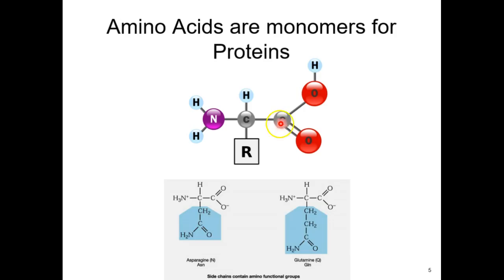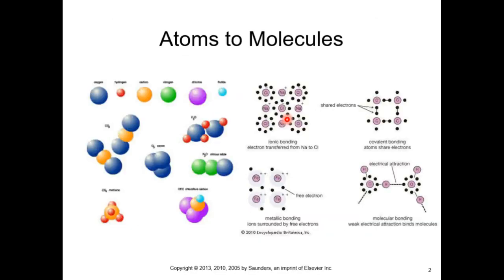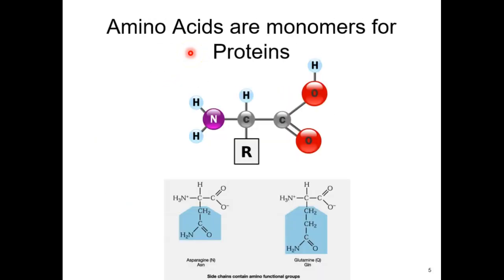Okay, for your proteins, we're still starting with a carbon backbone. All of these started with a carbon backbone. That glucose had extra oxygen. Now a protein is going to have an extra nitrogen. We're going to go nitrogen, carbon, carbon, and then when we polymerize, it's going to go nitrogen, carbon, carbon again.